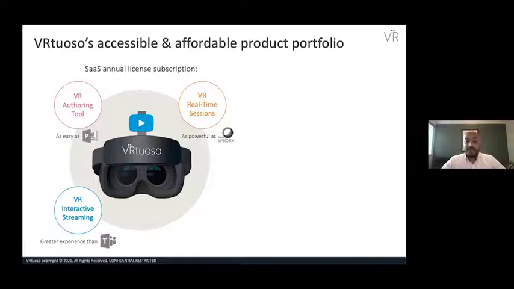Virtuoso is also a VR interactive streaming platform where you can stream your environment to people that are dispersed globally. So they can see everything that's happening in your vicinity. For example, if we're talking about a manufacturing use case and you're in a manufacturing plant, you can live stream to an audience wherever they are, and they can see your environment in 360 degrees, but also they can interact with products, platforms, or anything within your environment in 360.